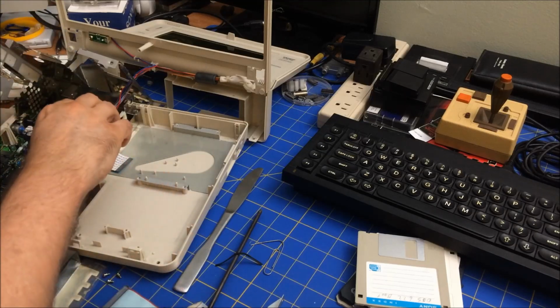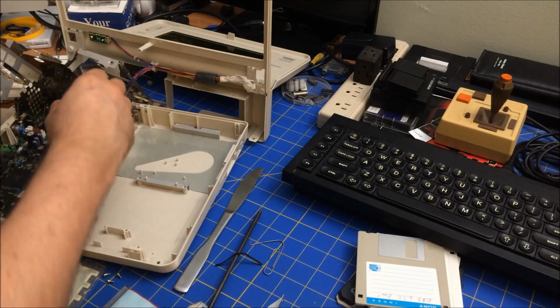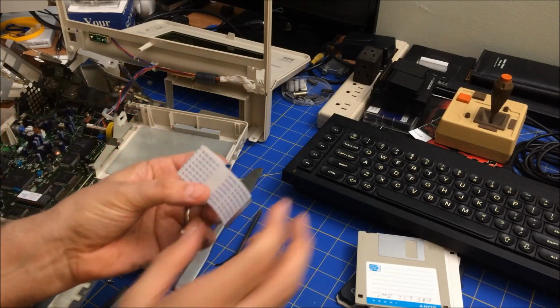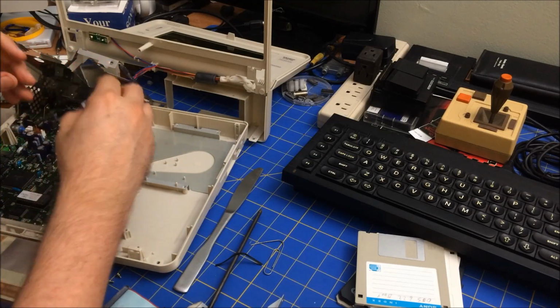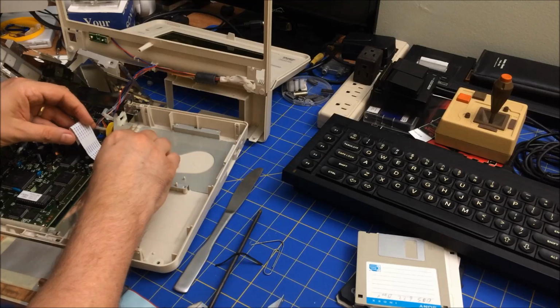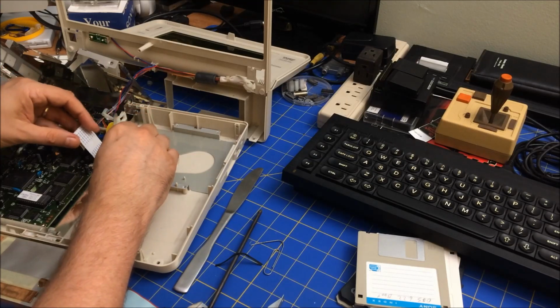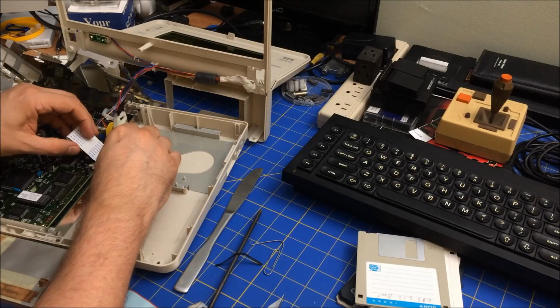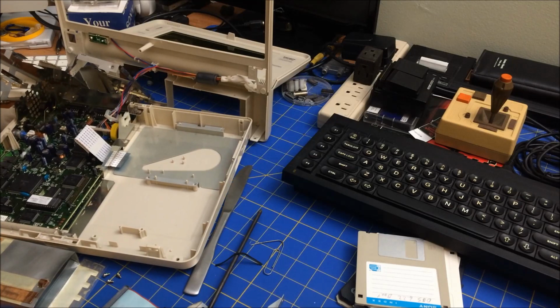this connector, because this is just a ribbon cable. So this is the kind of ribbon cable it is. It's kind of crazy. So yeah, I guess I shouldn't have unplugged it. Yeah, I wouldn't give this awards for anything, but if you want to take a look inside of it,